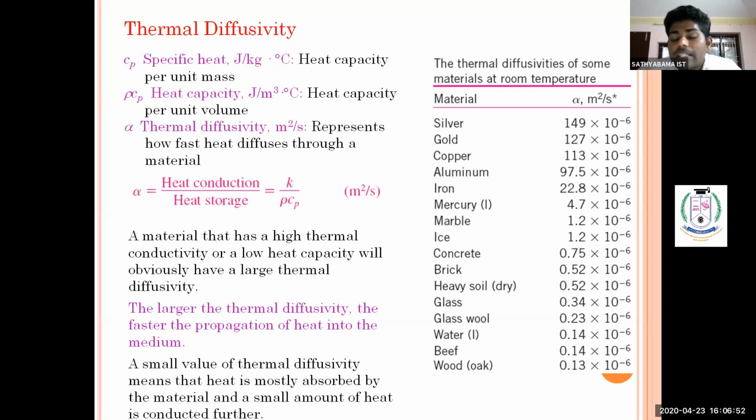On the right side, I have given thermal diffusivity values. Similarly, if the problem gives some material and does not mention the thermal diffusivity value, again you have to go to the heat and mass transfer data book and select it. If they give copper, the thermal diffusivity value is mentioned here as 113 into 10 to the power minus 6 meter square per second. So if they give different materials, you can go to this data book and collect the values of thermal diffusivity and thermal conductivity.